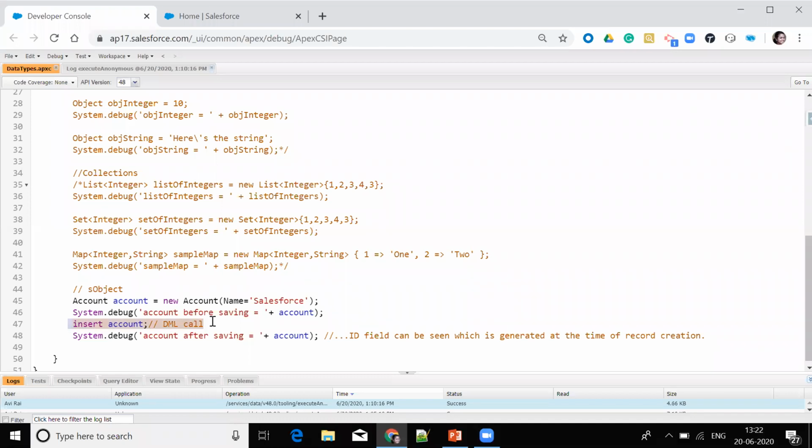This is a simple DML call, which is a data manipulation language call, where I am inserting an account record into the database. So we will see how this is inserted. I have debugged the account before saving it into the database and after saving it to the database. So we'll see what is the change in it.